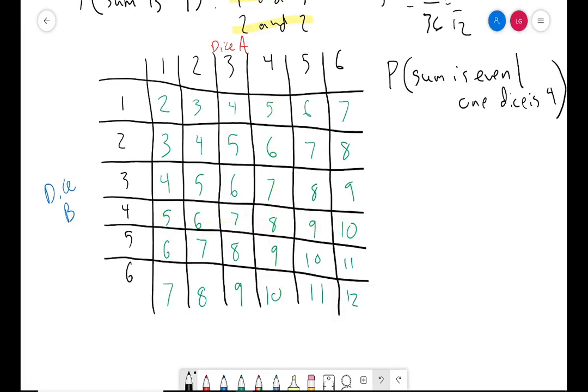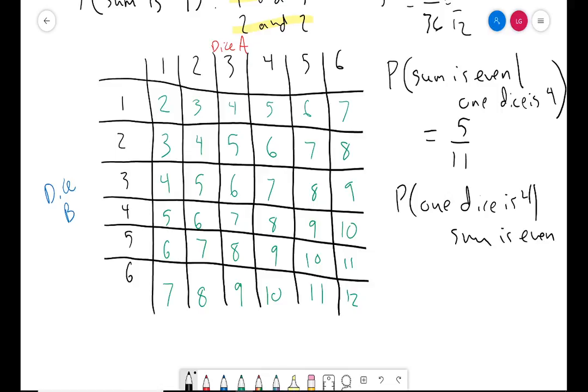Take back the highlighting if I can. Yes, okay. Now let's reverse the order. Probability one dice is 4, given the sum is even. Well, now what outcomes are we talking about? Let me highlight them. We're talking about this, these,